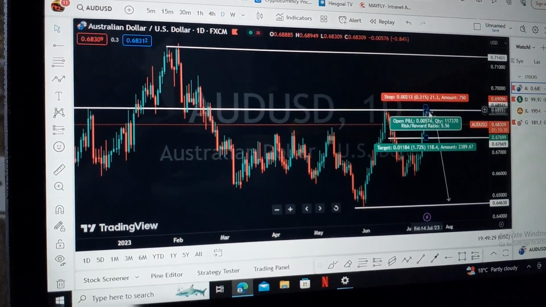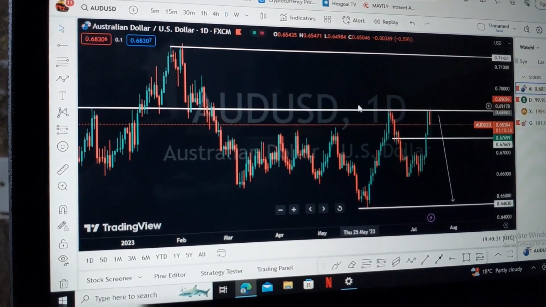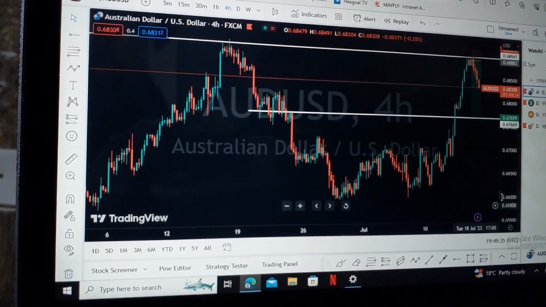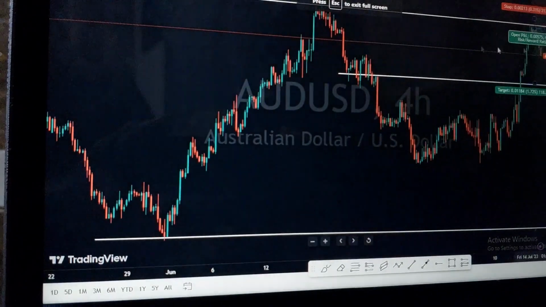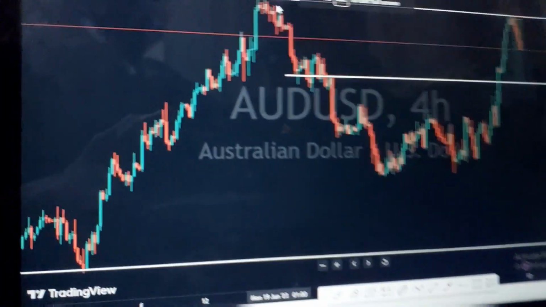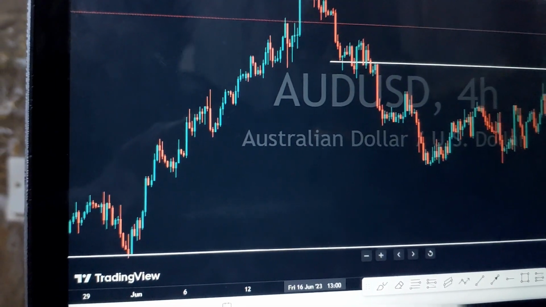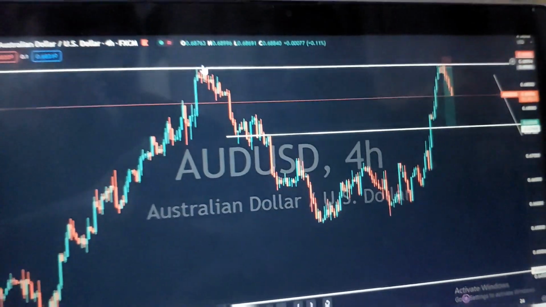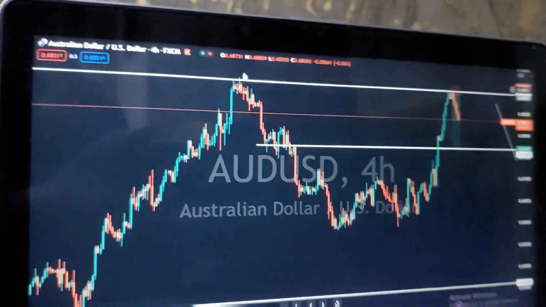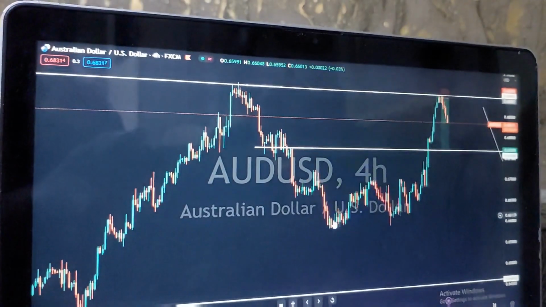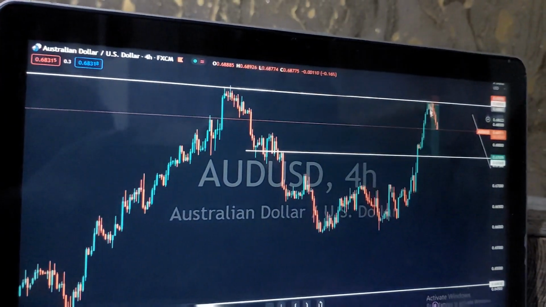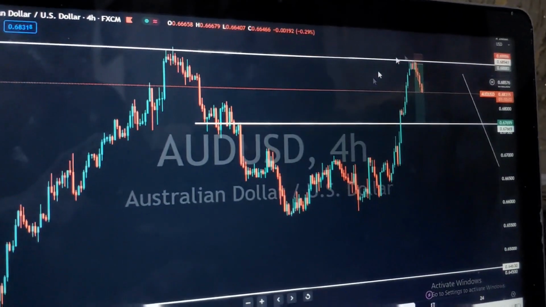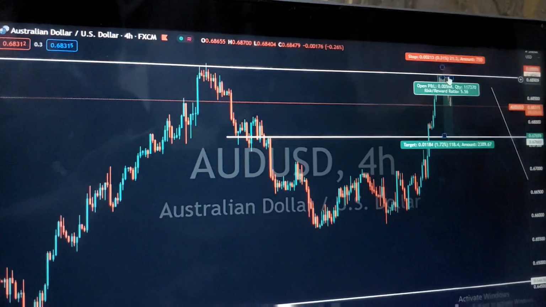But before this downward movement here, what made me get into the trade is, you can see on the 4 hours that we have a supply zone here, or rather what we'll call a resistance zone. Once the market was here, it rejected and failed to close above this zone. Then it went all the way down. Then on this zone, when the market was going up, you can see it rejected again and tapped on this zone and rejected and failed to close above. So this is when I came and